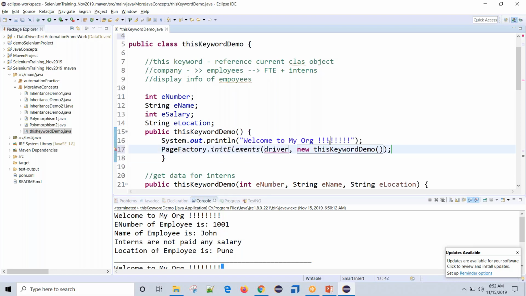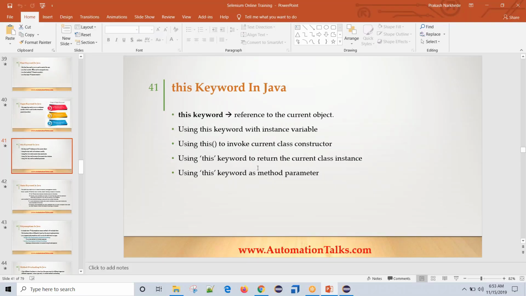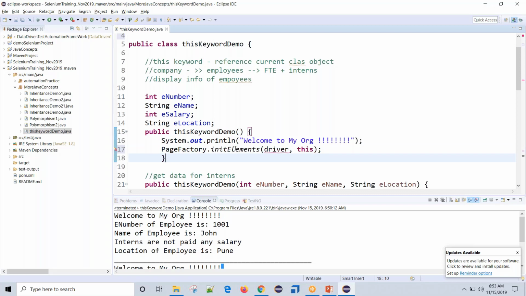Can you see it is not giving me any error? Because by using this statement, it is getting the current class object, right? But instead of writing something like this, I can simply write this, and it will work basically on the similar line, right? So basically this is again used to pass as a method parameter, right? So that's what I have written last, using this keyword as a method parameter. This initElements method needs one of the parameters as the current class object, and I am using this keyword to pass the current class object instead of writing new and the class name. Okay, so that's the one thing where